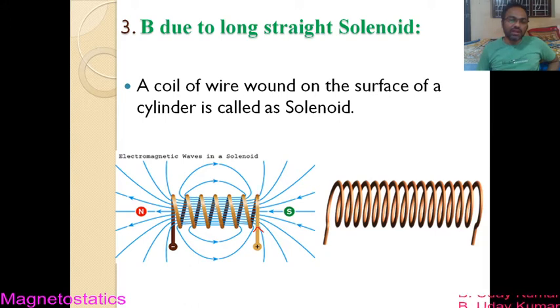Whatever current enters this conductor just flows through this wire like this. So that means the front face of the solenoid will have the direction of current in upward direction like this. Okay, so the current will be flowing like this, and the back face of the solenoid will have the direction of current in downward direction. That you have to understand here.